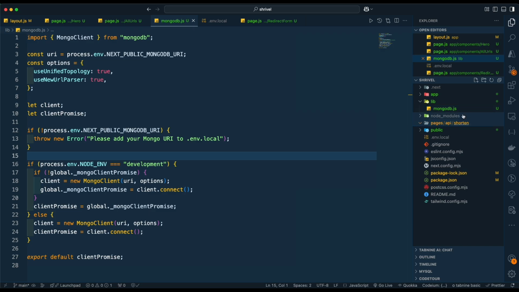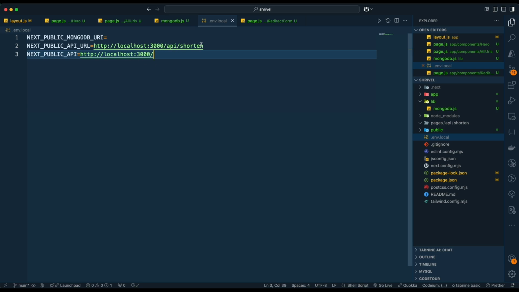Okay, so now what does this mean? This means that when you are trying to make an HTTP request, this is what you're going to be pinging. So you're going to call API, which is this folder, and then shorten. So if you give this another name, it should be updated over here as well. So now let's go ahead and, within our API, create our main